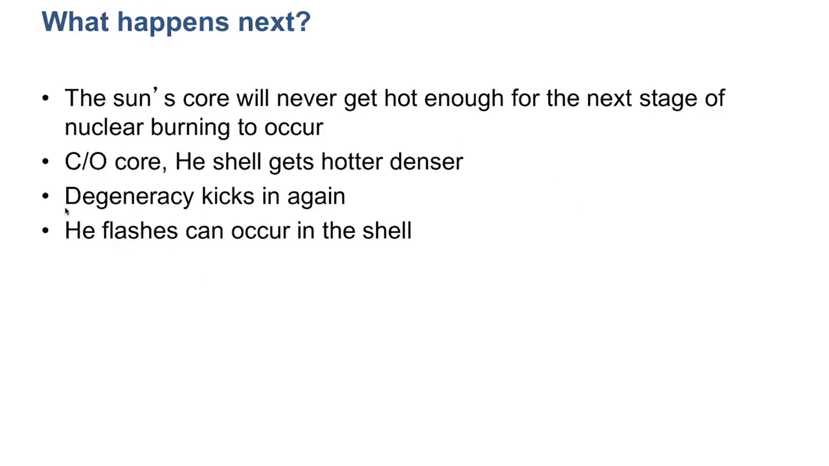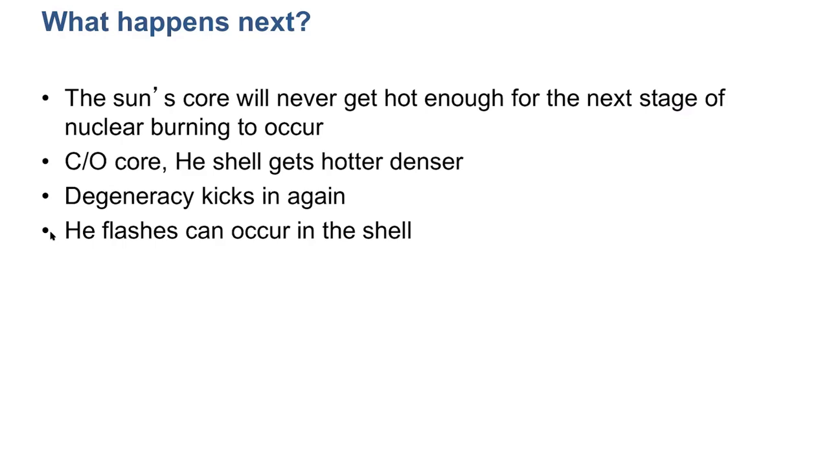So this is the end for low mass stars like the sun. The sun and low mass stars less than 2 solar masses or so will never get hot enough for carbon burning to take place. And so the sun ends with a carbon oxygen core, and the helium shell gets hotter and denser. And so you get this series of things happening where the core contracts and heats, helium burning begins,